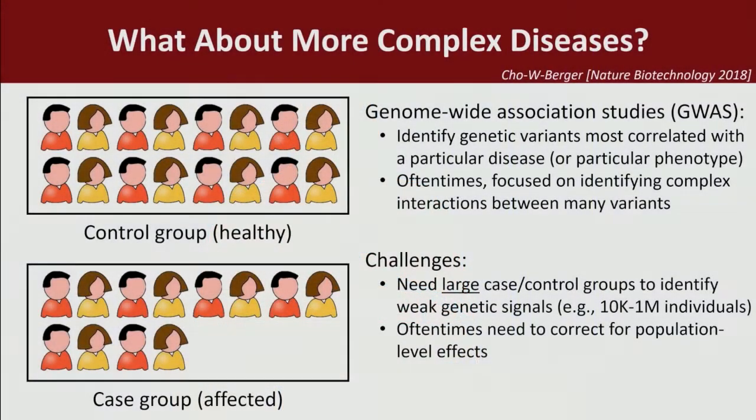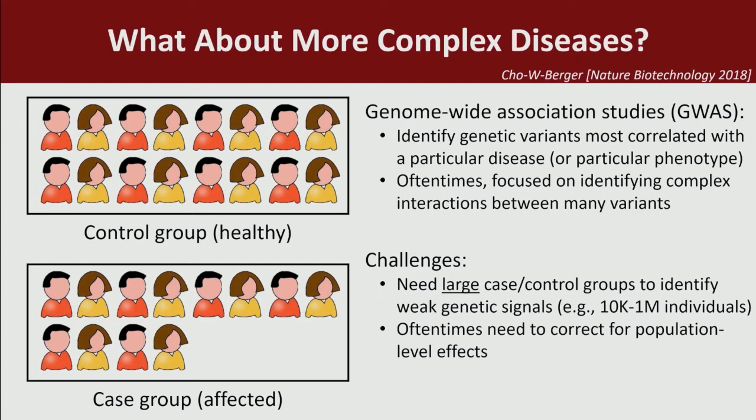For instance, oftentimes we have to work with upwards of 10,000 to over 1 million individuals in order to actually obtain useful scientific results. We also oftentimes have to correct for population-level effects, because when we have millions of individuals and millions of patients, sometimes deviations could just be caused by one's ancestry. These could cause large correlations with the disease status, but are not actually responsible for the condition we're exploring. So we have to develop algorithmic techniques to filter out these kinds of population-level effects and develop them in a way that's amenable to modern